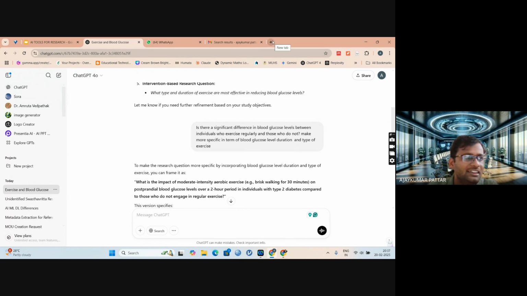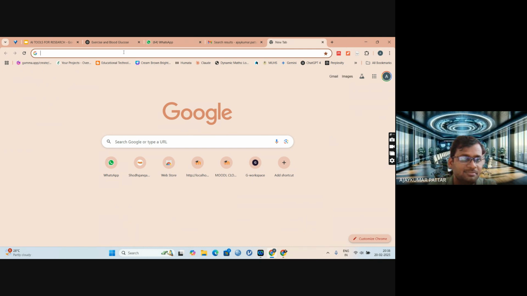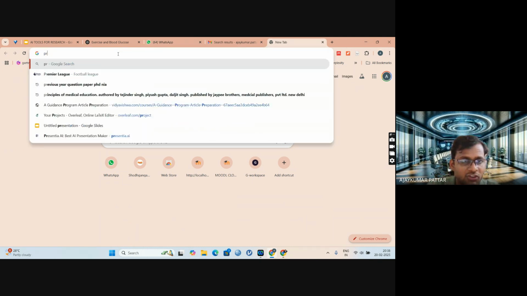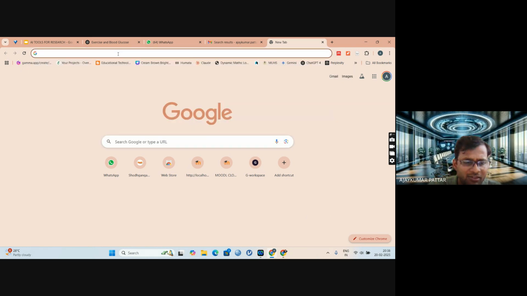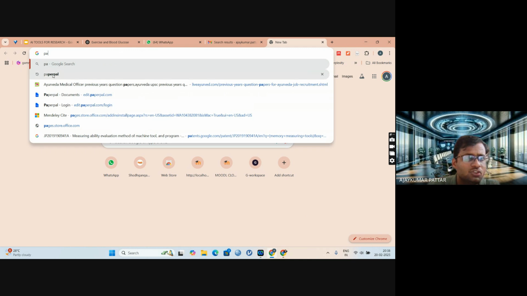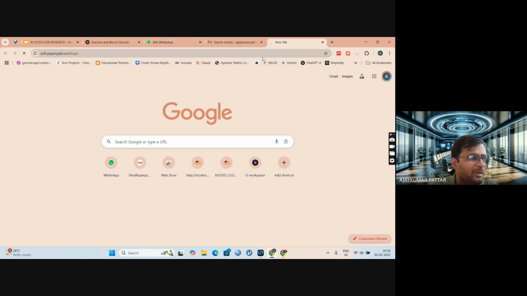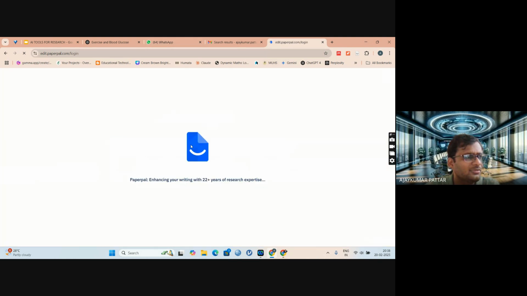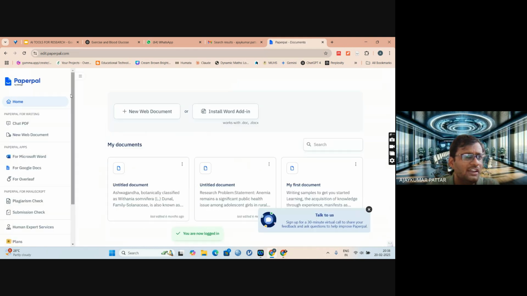Like this, many AI based applications are there to identify the research problem or research question. Many AI based tools are there, but I will show with one paper. Moreover, all are the same kind, but the data they are using, that depends on the outcome. So now I will show with PaperPal, and I will explain this particular AI tool for different purposes. Now I am showing this PaperPal for the purpose of identifying the research problem.